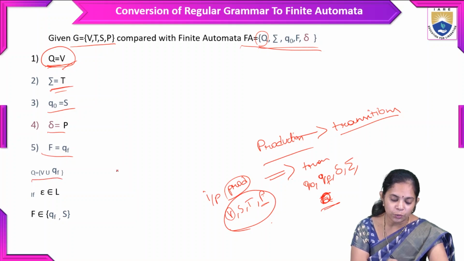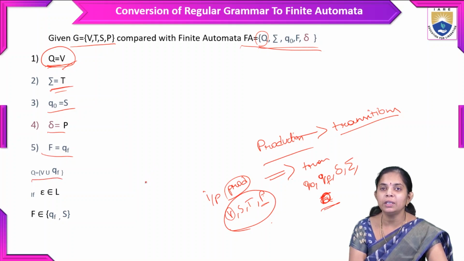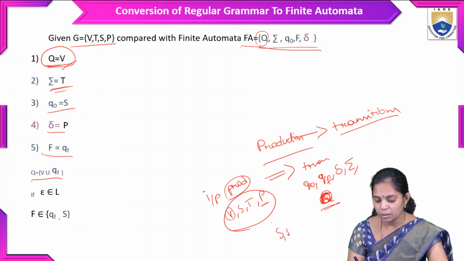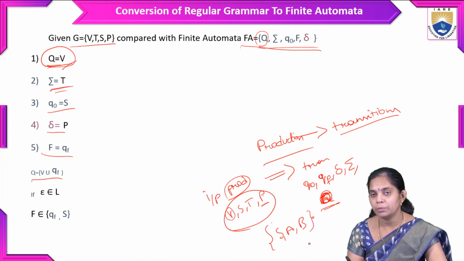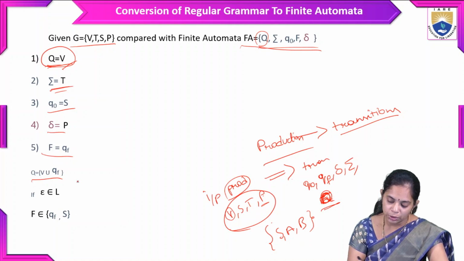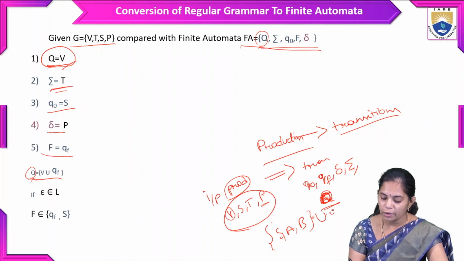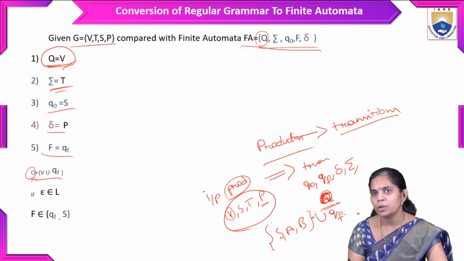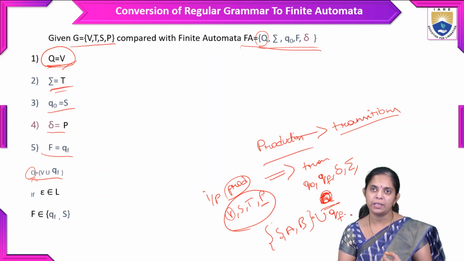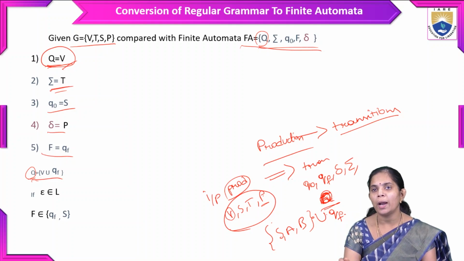And next, Q is equal to V union QF. So here Q is nothing but, first, V. V we already have, let's take an example, some variables union. So Q is nothing but variables union a final state. Based on the production rules, we will have an additional final state, so that we need to add to